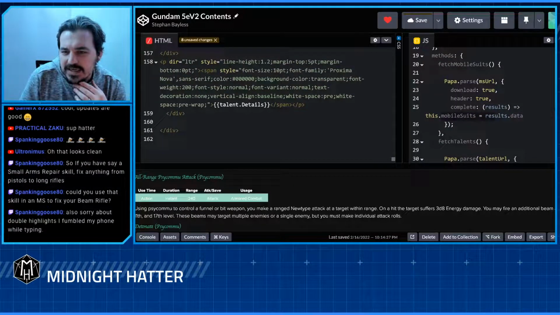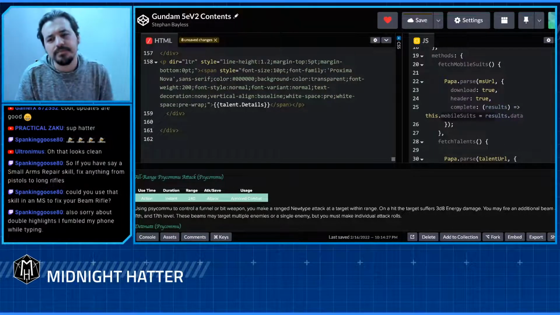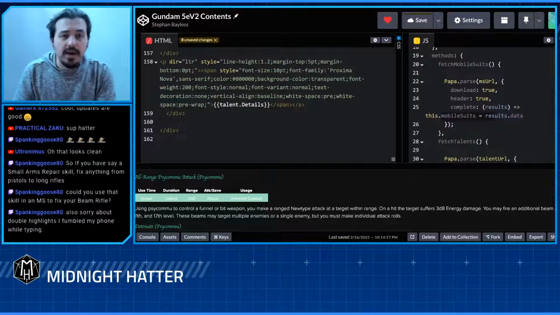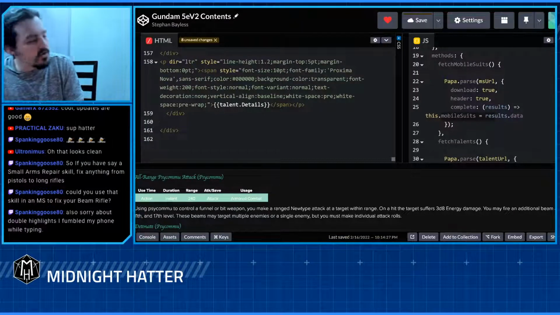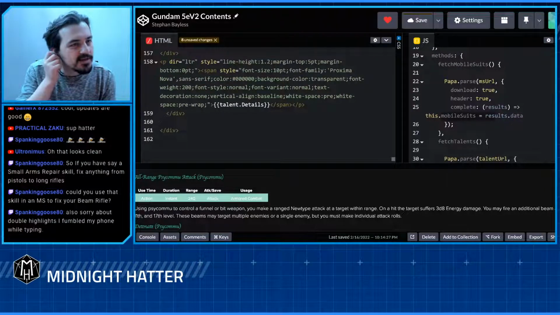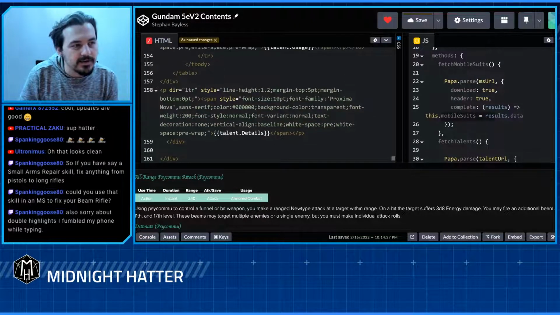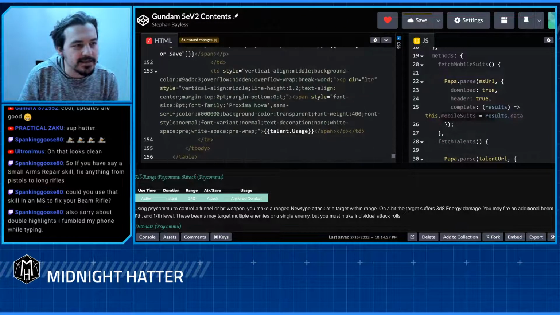So if you have, say, a small arms repair skill, fix anything from pistols to long rifle, could you use that skill in an MS to fix your beam rifle? Oh, no worries there. Well, yeah, I mean, there's no small arms repair skill per se. There is just a flat repair skill, but I think it's less about the skill per se than it is